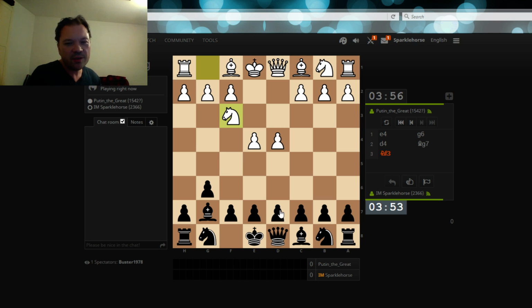You're playing a very hyper-modern defense, in terms of hyper-modernism it's almost as hyper-modern as the Alekhine's defense or something. Don't do it against a stronger player, unless that's the only opening you play. If you want an example of what I'm talking about,